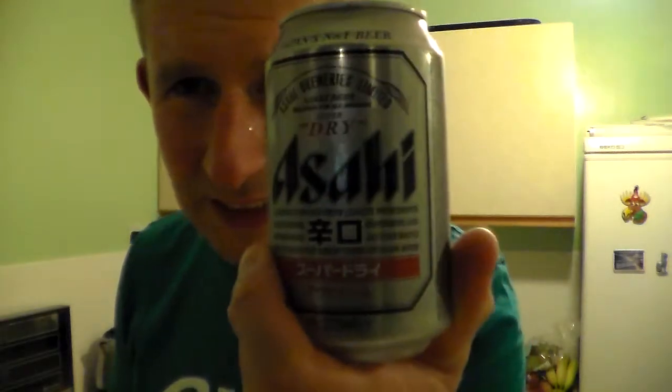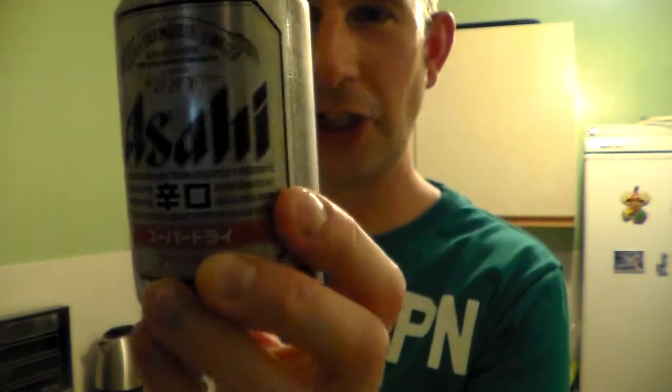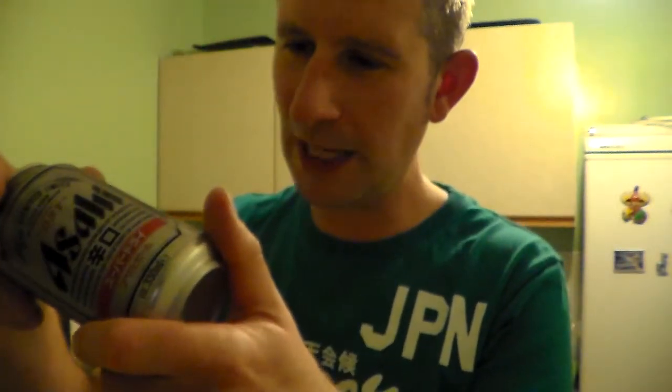Don't normally buy beer from the supermarket, but they had these cans down there. Asahi Super Dry, not that Super Dry, a different Super Dry, Japanese beer, beer for all seasons. Asahi, I really don't know how to pronounce that. Japan's number one beer. I very much doubt that, but if it is, fair play. I don't even know whether this is actually brewed in Japan. Product of Czech Republic. Interesting. So I doubt it's brewed and canned for Asahi Breweries Limited, Europe branch, London. So it's brewed in London by the looks of it. I could be wrong. But anyway, 330ml can,